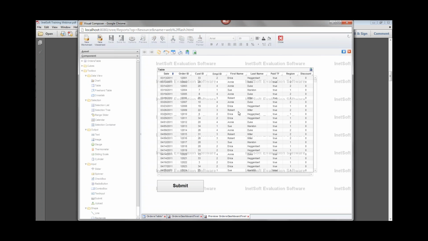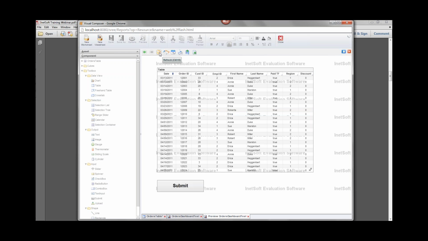Okay, so I'm going to change over here. I'm going to change Robert to Roberta. Right, so you can see there's the change. And then I'm going to press submit. What I expect the submit script to do is read that change from the array and then create a SQL statement that will basically say change the value in the sales employees table in the database to the values in this row as they are here, Roberta and Miller, where the corresponding employee ID is 3. So I'll press submit. No errors. And then I'm going to refresh the data in the dashboard.